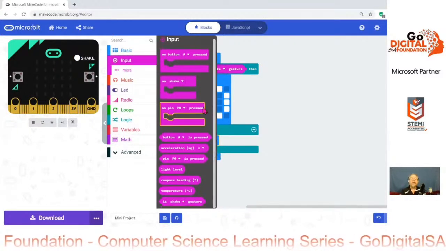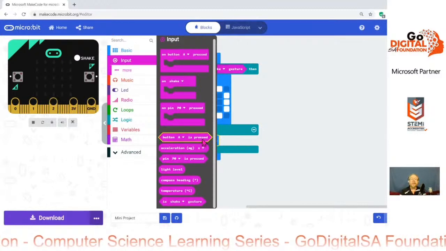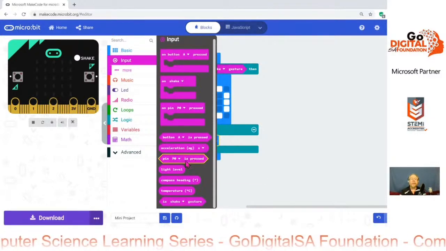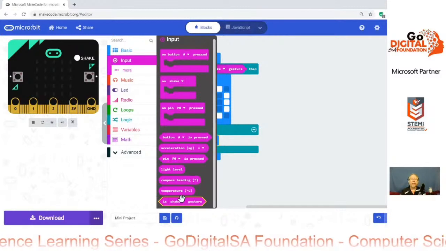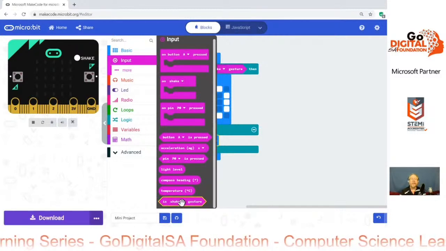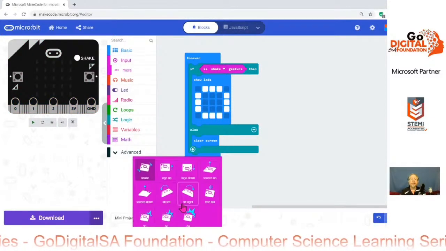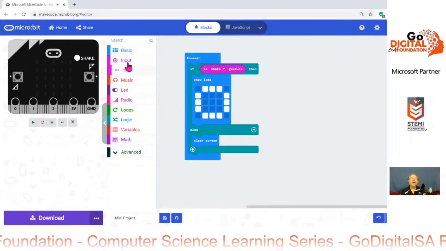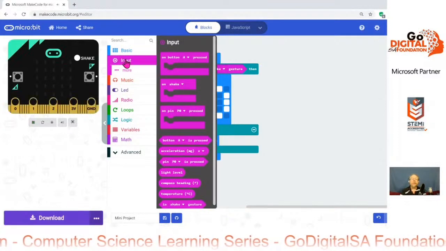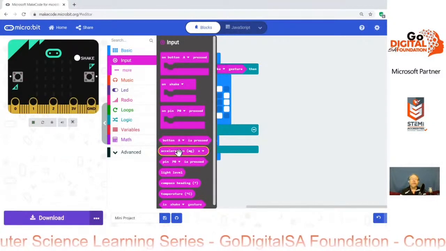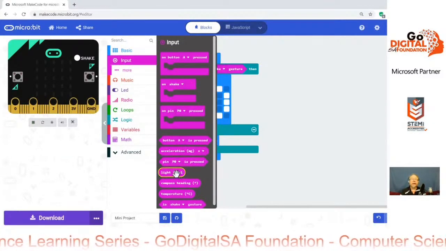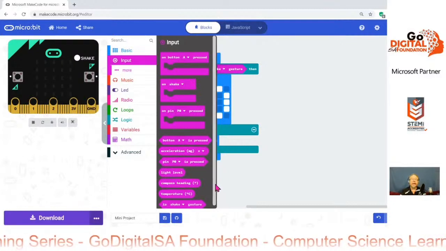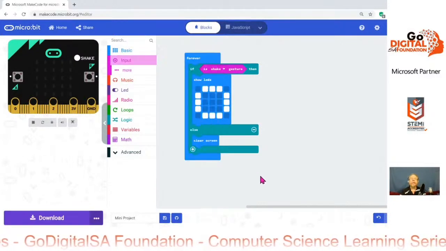Okay, so the conditions we've got here is on buttons pressed, on pins pressed, and on gestures, shake, any of those other gestures. Inputs also include variables. We've got variables for acceleration, light level, compass heading, and temperature. So let's say